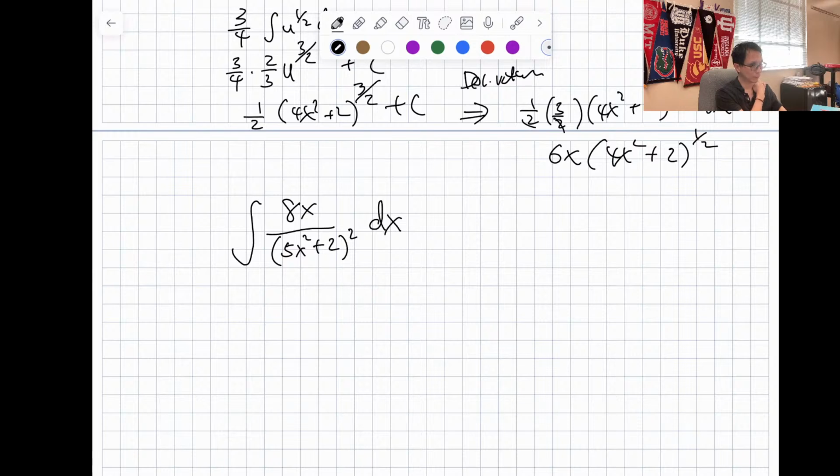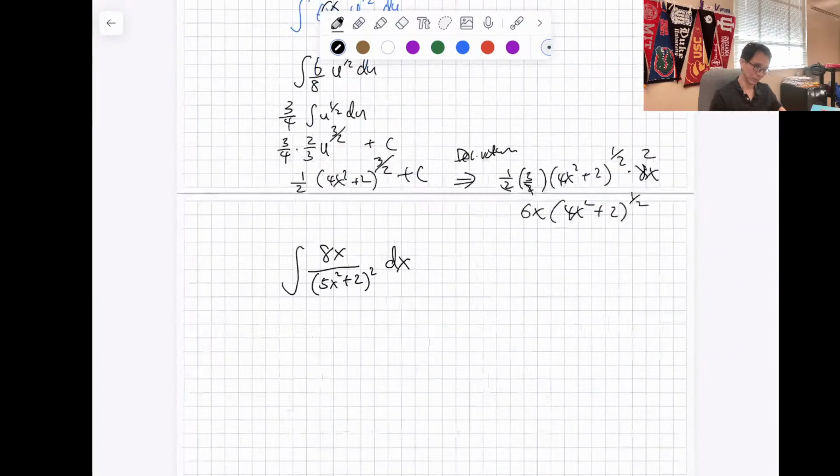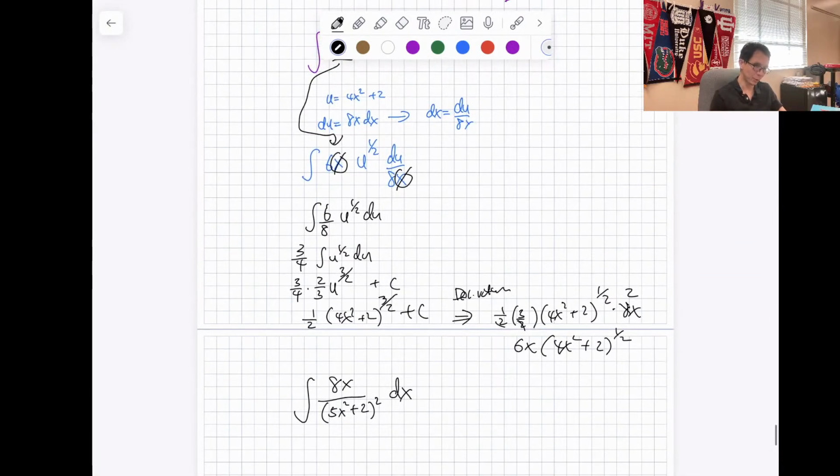Wait, for the last question, Mr., what was the f of x? You don't need to worry about f of x. You just need to worry about u-substitution. What does u equal? What did you just do? Finished it and then I looked at the negative 2. Yeah. And then that becomes u. And then you take your